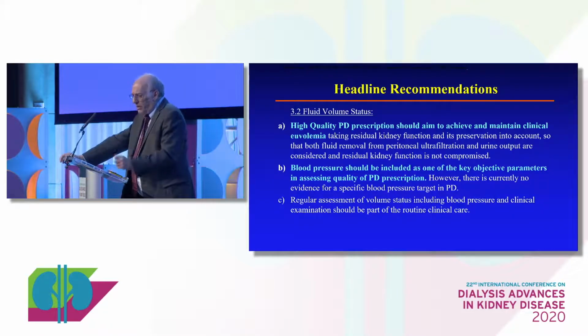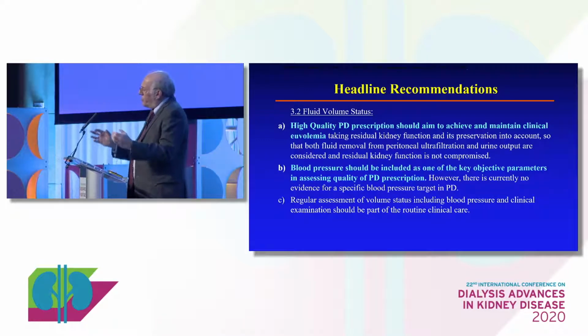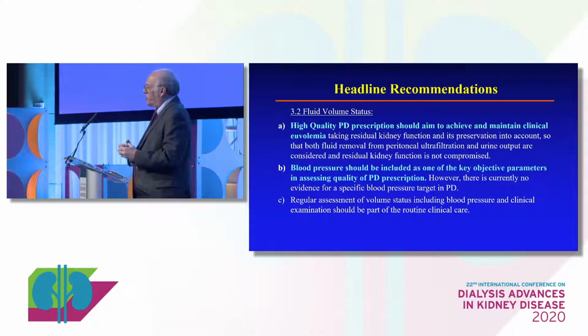Blood pressure should be included as one of the key objective parameters. There is no hard data, as I showed you just a few minutes ago. I think there's clear data that you don't want to have too low a blood pressure. How high can you safely allow it to go may depend on the patient's vintage, but I'm paying less attention